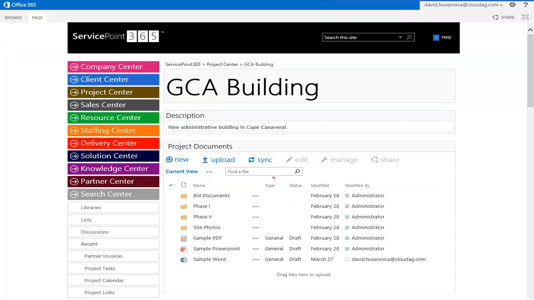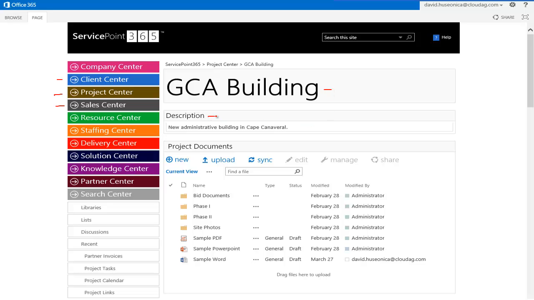which is GCA Building. And so this workspace has quite a bit of information on it, and I'll just quickly step through what our template contains from a project workspace standpoint. And each workspace, whether it's a project workspace or a client workspace or a sales center workspace, each of them might have slightly different templates as far as what type of information we have in our template, but a lot of consistency on how you create them, how you navigate to them, and a lot of consistency from even what's on it. But again, kind of getting back to a project workspace, so we've got the name of the project,